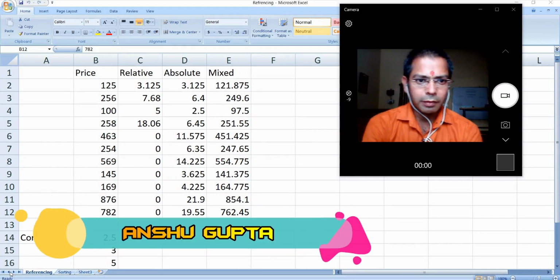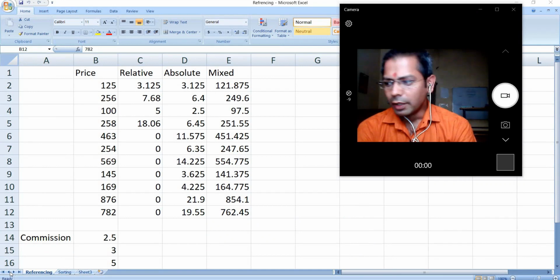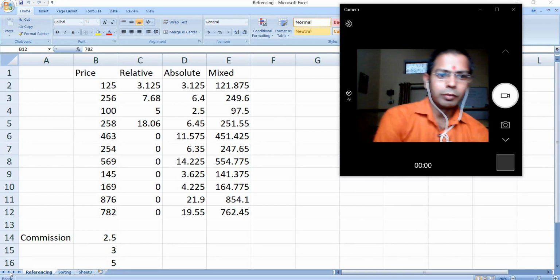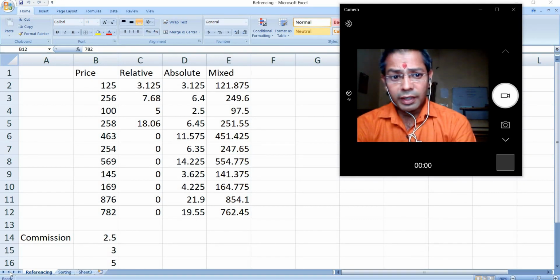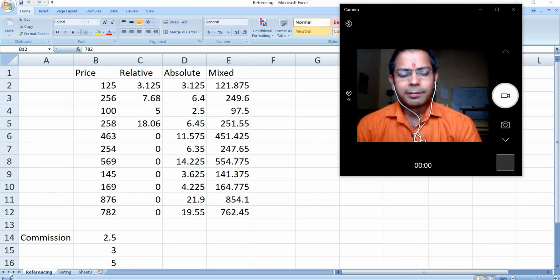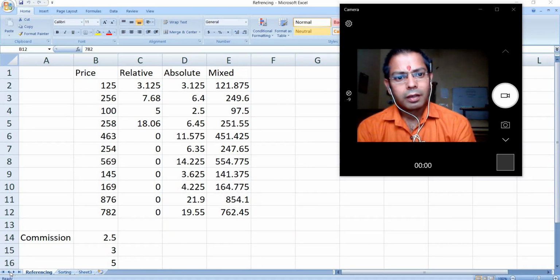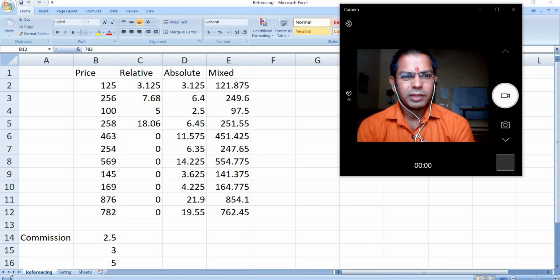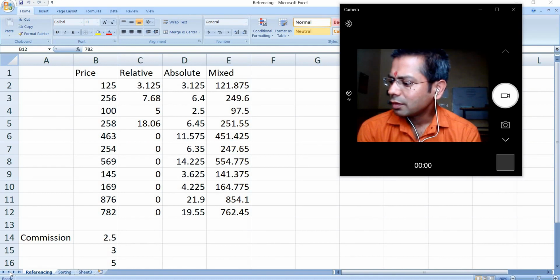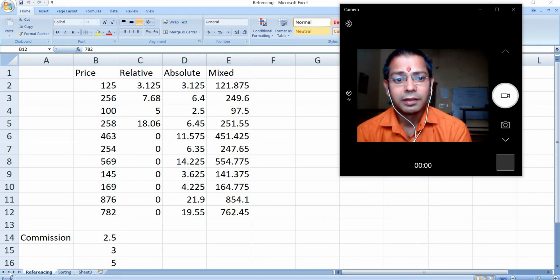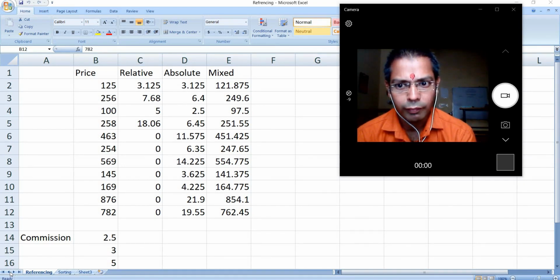Now I will discuss the next topic, named Advanced Features in MS Excel 2010. In Advanced Features of MS Excel 2010, we will discuss referencing, sorting, filtering and charts in MS Excel. As you know, you have studied in class 6 that MS Excel is a spreadsheet software